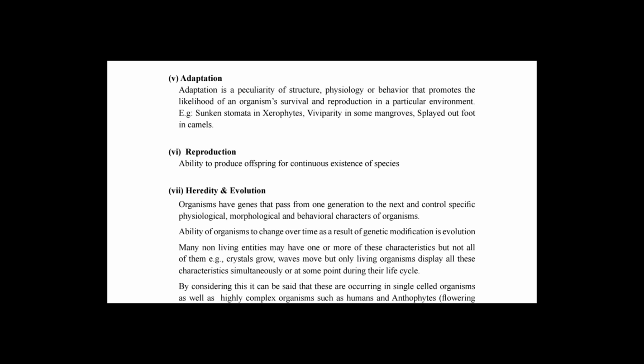That means, for example, moths, like there is something like a brown color butterfly that's called a moth. They show some camouflage. Okay. Chameleons show camouflage. Adaptation is like if they can't live in a place, they will adapt themselves to live in that place. Okay, that's what they are saying as adaptation. Showing camouflage is also an adaptation. So the adaptation example they have given in the resource book is sunken stomata in xerophytes. Okay,